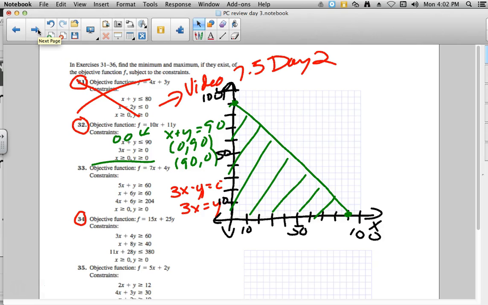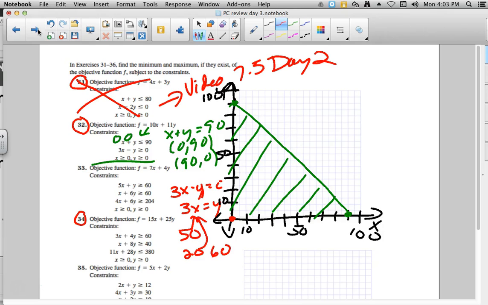And then the other one that I needed to graph was my 3x equals y. Now, pretty obviously, that one's going to go through 0, 0. And I could either find a point on here that I could aim at, or I could certainly use the slope of up 3 and over 1. Because I had to go 90 by 90, I'm probably just going to put something in there and see what I get. So if I put 50 in for x, I'm going to get 150. So that's too far up. So I back up a little bit and say, okay, what if I put 20 in there? If I put 20 in this graph, that'll give me 60. I can definitely graph 20, 60,